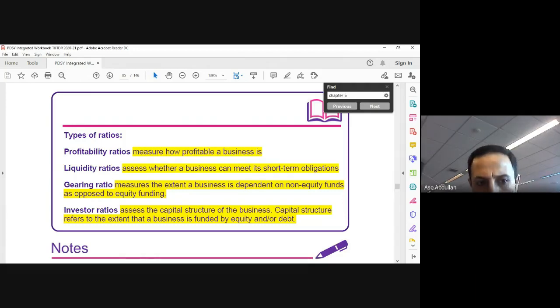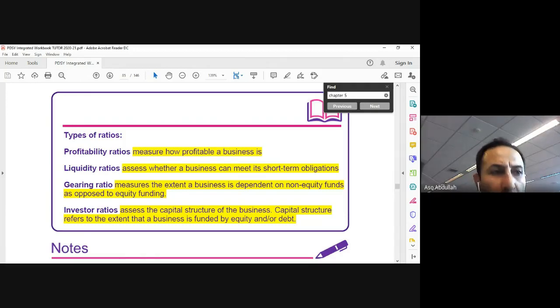Okay. So the gearing ratio measures the extent a business is depending on the equity fund. Usually, gearing relates to the equity fund. For example, if you are a business and you need some capital because you are planning to expand your business, invest in a new project, buy new machinery, or invest in research and development,